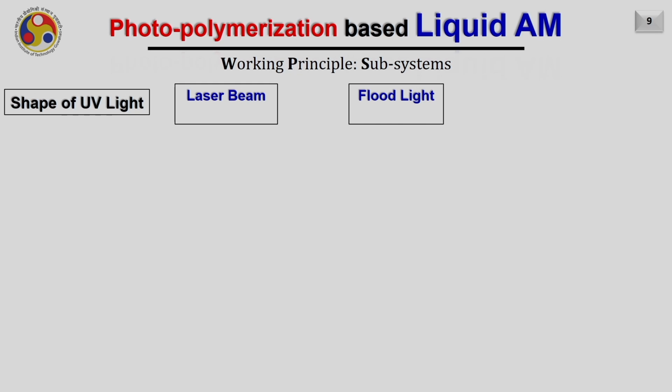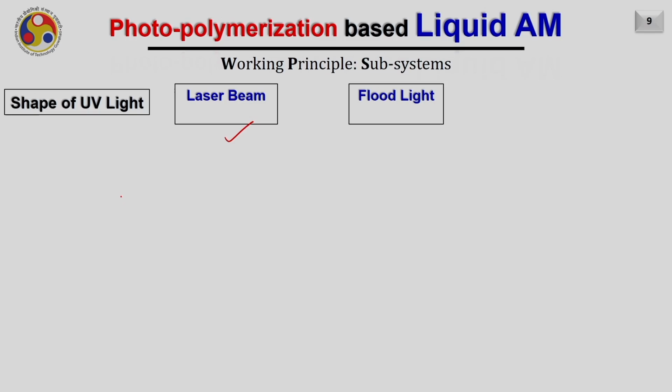Also, the light which we used for the photopolymer material, the UV light, it could be either as a sharp laser beam or it also can be like a floodlight. This is an example of the floodlight where the light is available everywhere on the area, or the light could be in the form of laser beam. Laser beam is very similar like this projector, like this pointer. Here you can see it is a beam and the laser is available at the spot, it is not available on the entire area.